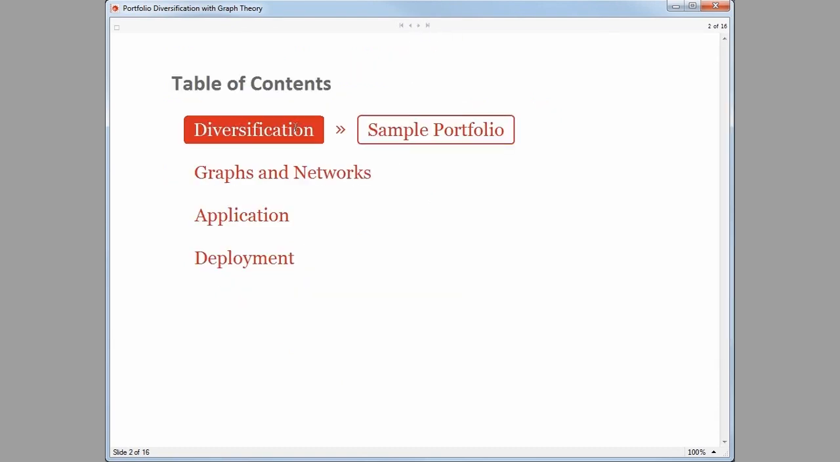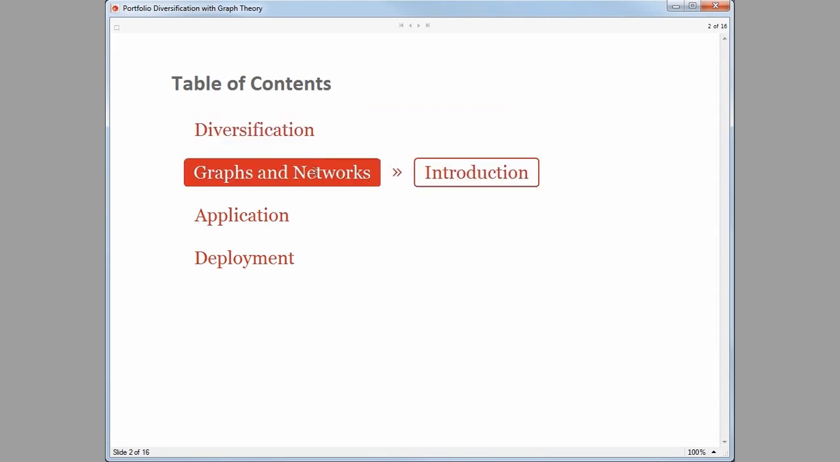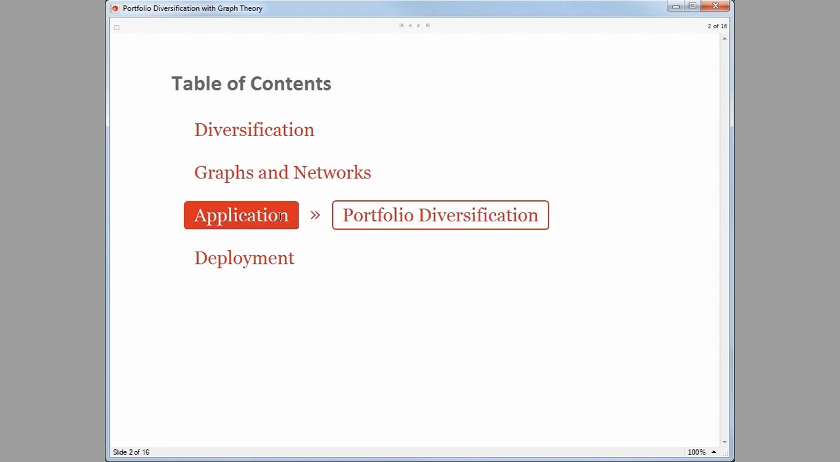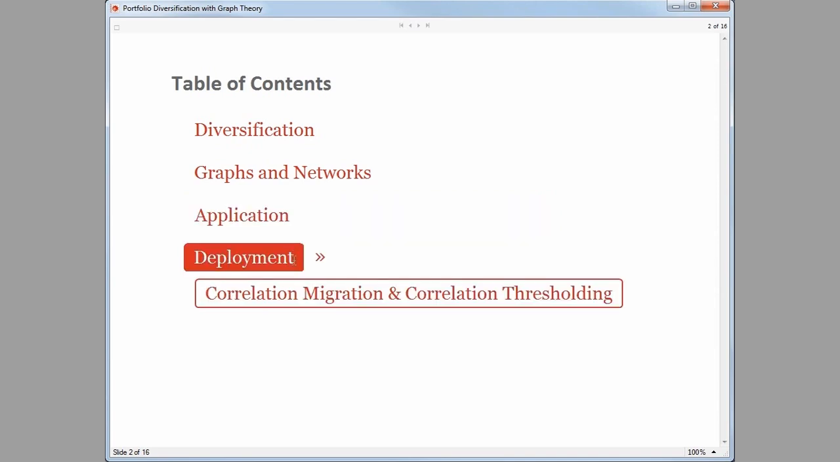So we'll be concerned with the concept of diversification. We'll set up a very simple sample portfolio to emphasize this point. Then we'll move on to the concept of graphs and networks with a short introduction, for which I will look at the Mathematica help file in order to introduce these ideas of graphs. Then the application of concepts from graphs to portfolio diversification within finance, and then its deployment,